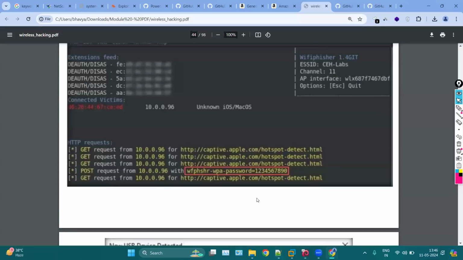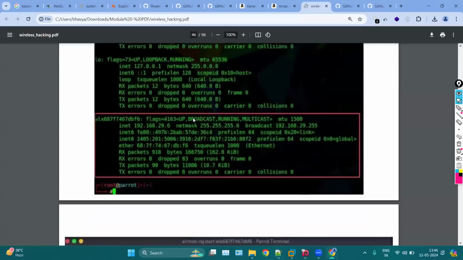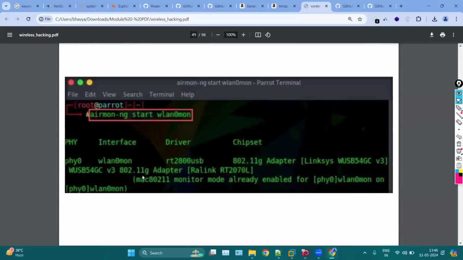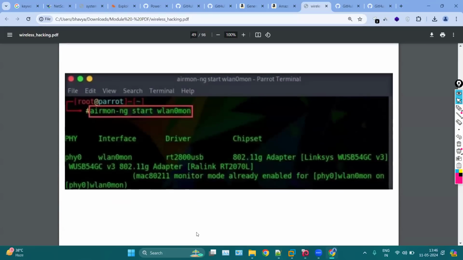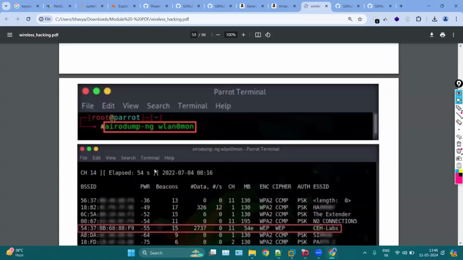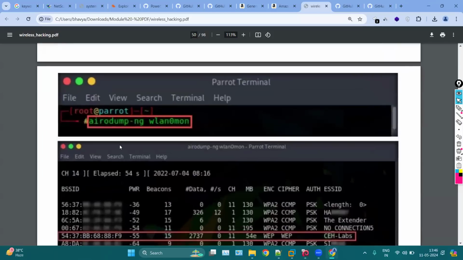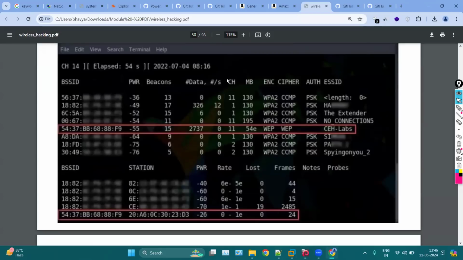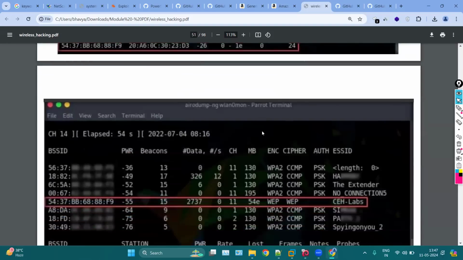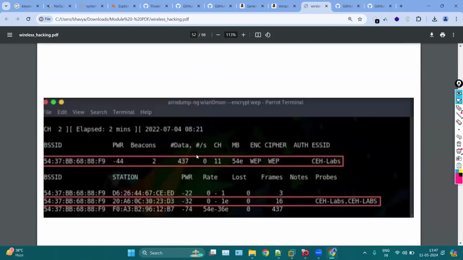Again, we can simply connect to Kali and configure. After configuration, we can apply this one, which is airmon-ng start wlan0, and then we can start airodump-ng with the name of the Wi-Fi interface. Then you will get the nearby connections. Here we will get the BSSID and the station. Let's say we want to apply the attack on this particular name here, CEH Labs. So we can simply run a single command, which is